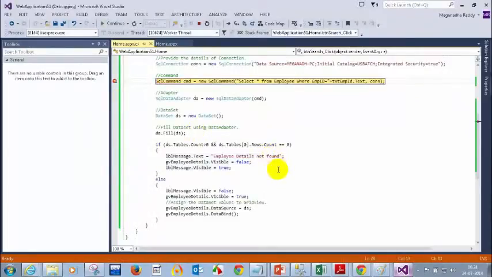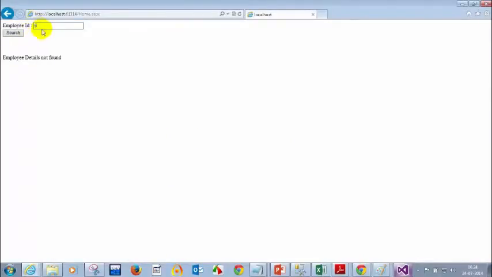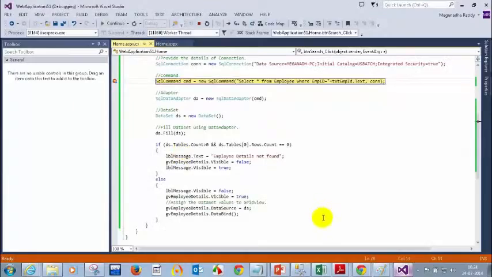For example, if I enter now 6 and click on search, see what happens. Press F10. Now this count value will be... what is this count value? Oh, that employee is also not there. Press F10, so it will again show me. Let me press F5. Let me enter a record which is there. I think 5 is there in the table, so let me enter 5 and click on search. Now if I press F10, F10 is to debug, the count value should be 1, because we have one record for that command.